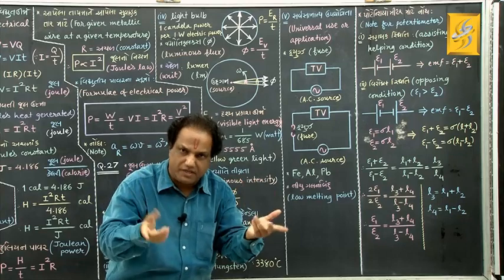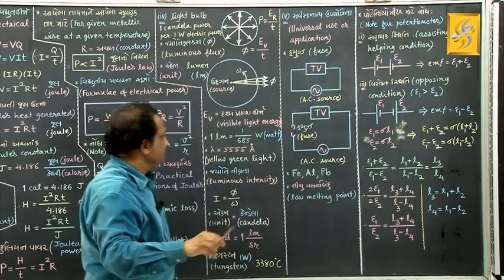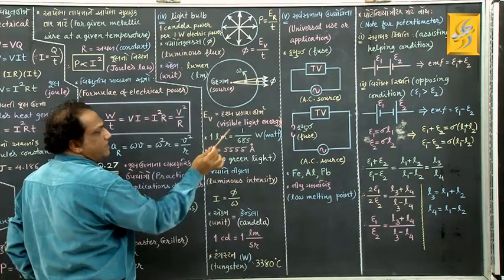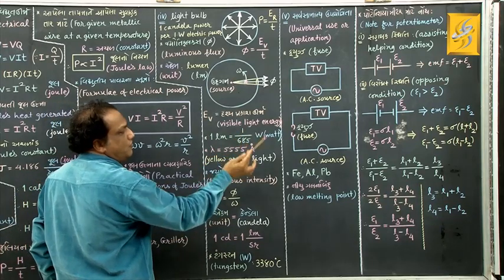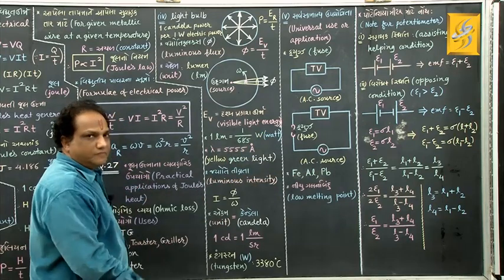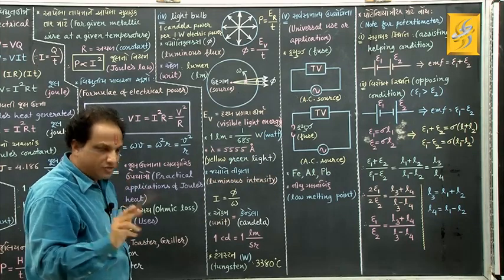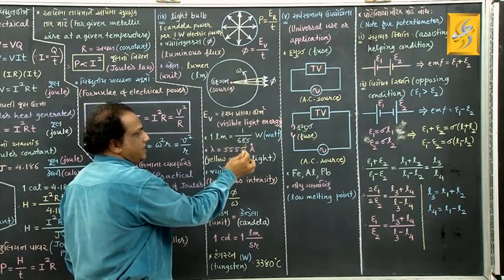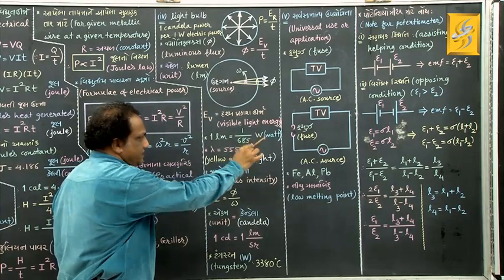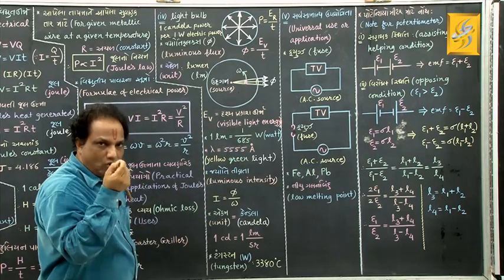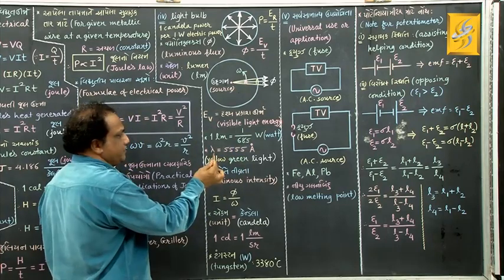Yes, there is a relation, and that relation is this. Look, 1 lumen is equal to 1 upon 685 watt. 1 lumen is how many watt? 1 upon 685 watt. Now, this relation is established for a monochromatic light having this much wavelength,